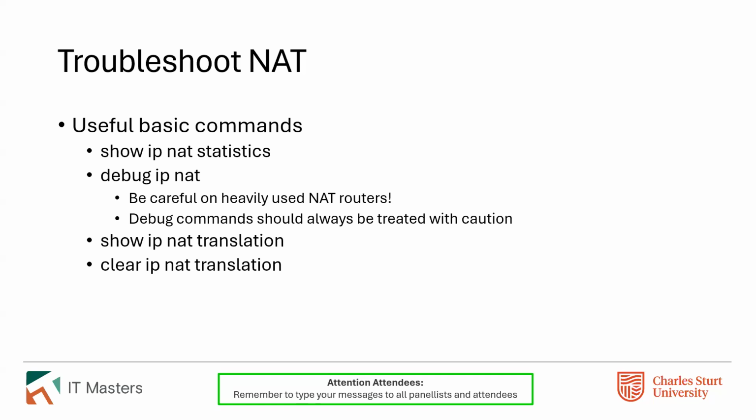And then there's two other commands that are a lot safer. There's show IP NAT translation, which allows you to see what the mappings are between internal and external addresses. And then there's clear IP NAT translation, which allows you to basically remove all of those and force the firewall and all of the internal devices to reestablish connections, which obviously will break things like Zoom temporarily, but is really handy if you are actually trying to troubleshoot a problem that only occurs when you're essentially establishing a connection for the first time.